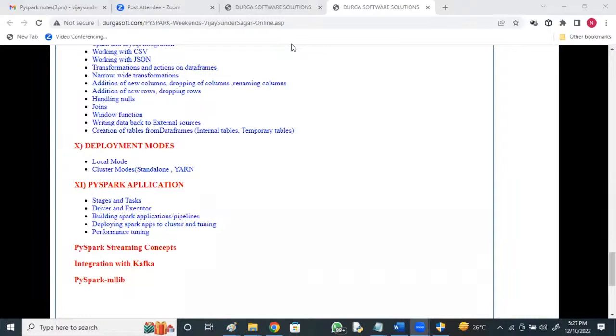Later, when I go with the practical part, or later in working with Spark SQL, if required, I'll be increasing to 2.5 hours. The timing will be 4:30 to 6:30. Saturday 4:30 to 6:30, Sunday 4:30 to 6:30 is the batch timing. So tomorrow also you can attend the session, everyone, to see more on this.